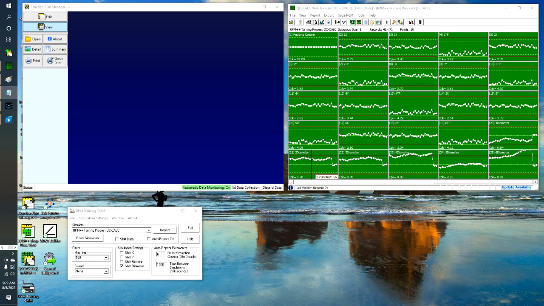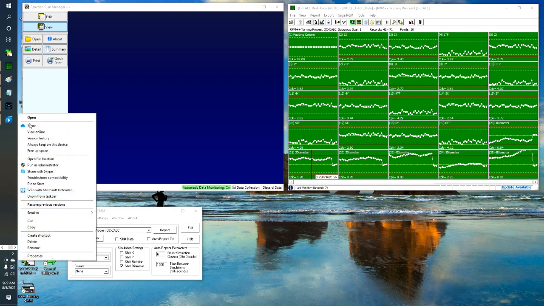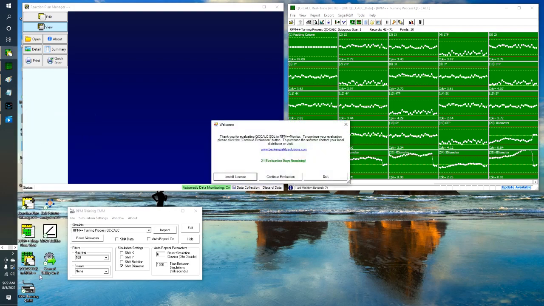In the prior section, you learned how the QC-CALC SQL to Reaction Plan Manager ++ monitor works. In this section, I'm going to show you how to configure the software. Now, I took the liberty of erasing the configuration, so when we start the software, it'll have a blank configuration. So I'm going to go ahead and open up the QC-CALC SQL to RPM++ monitor,